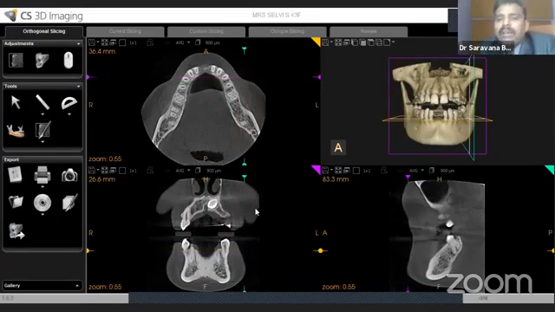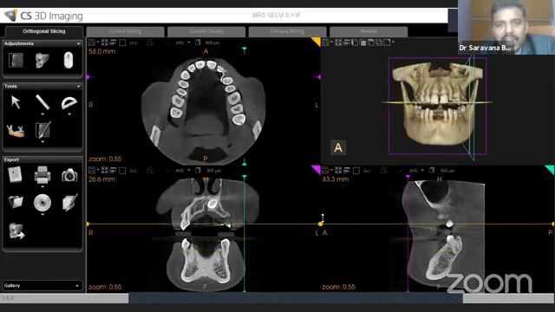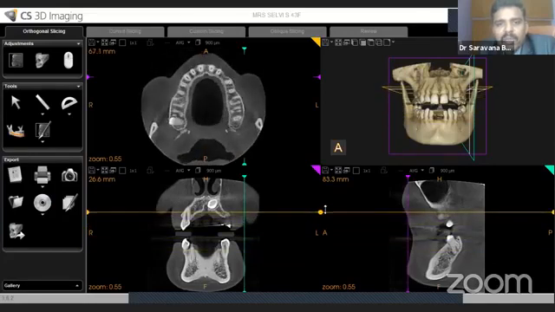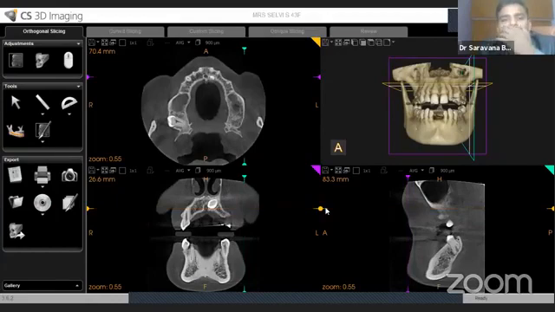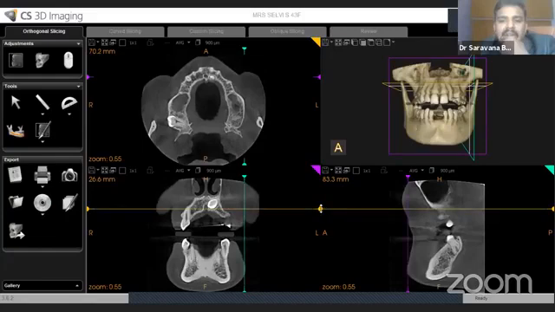Now I have seen one impacted tooth, number 23. Now I am going to move the axial slices to the tooth number 23 level. Now I want to know whether the crown of tooth number 23 is located on the buccal side or lingual side. Is it close to the buccal cortical plate or the lingual cortical plate? It is the maxilla. Okay, this is the crown of impacted tooth number 23.